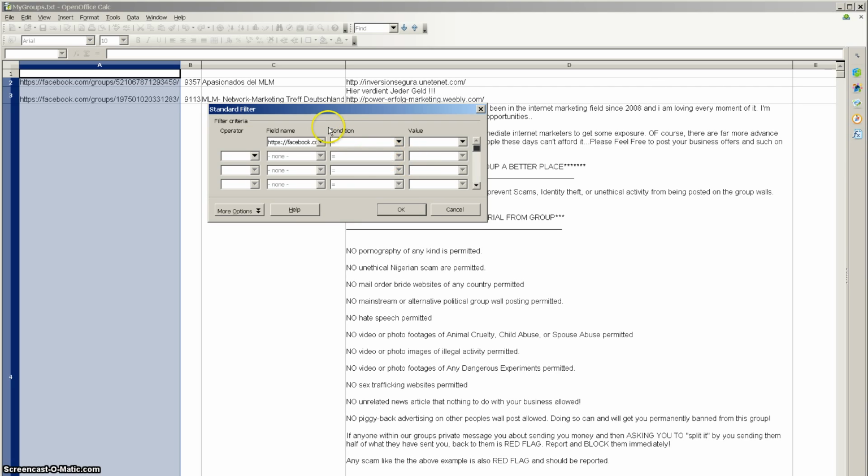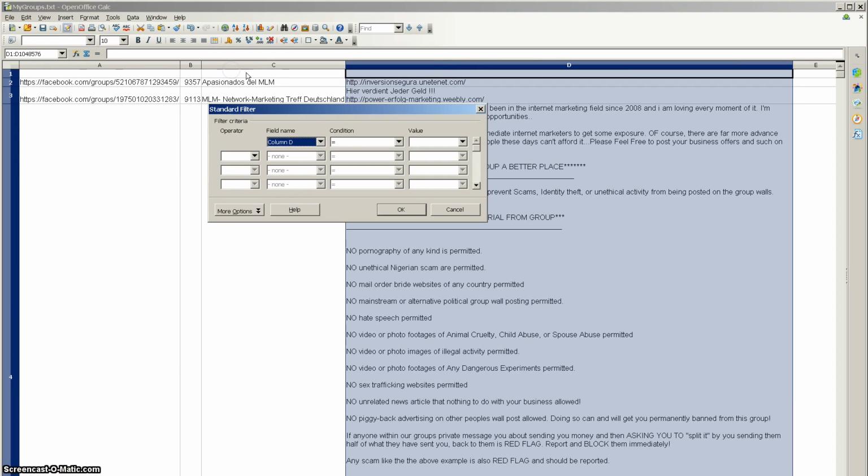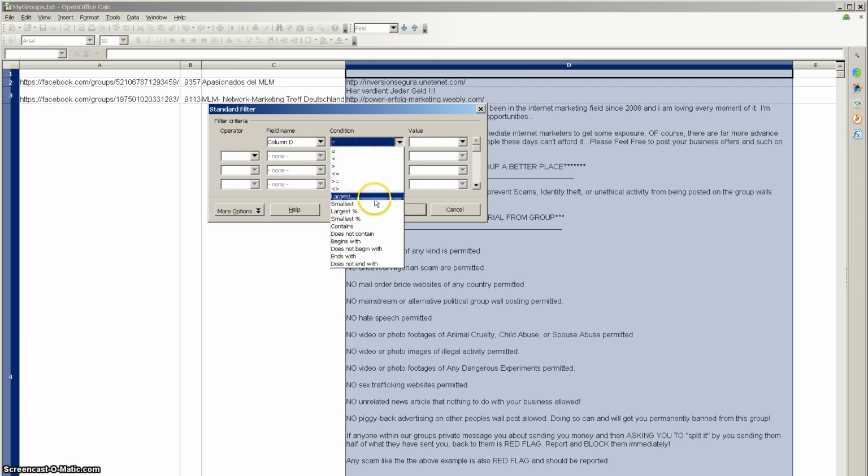You can go through quite a few at the same time. So we want to say, let's do it again, highlight column D, and go to Data, Filter, Standard Filter. So now we want to say column D contains, and then in each value, we just want to add one of our trigger words. So we're going to go banned, and then you have to go down to the next row and click or,